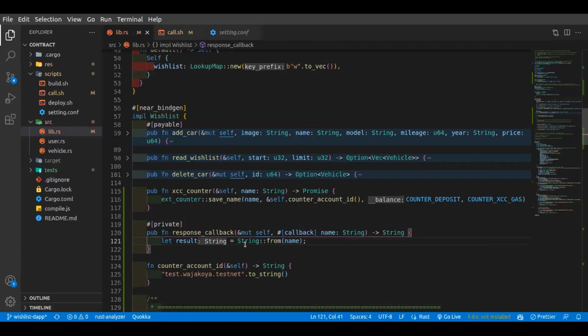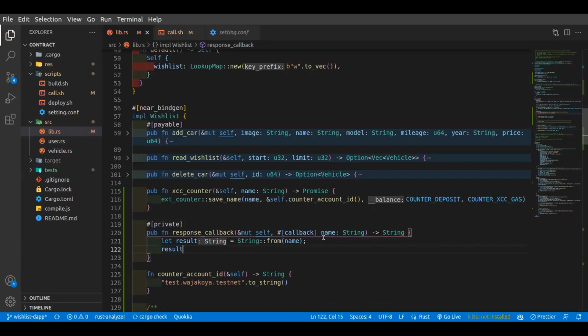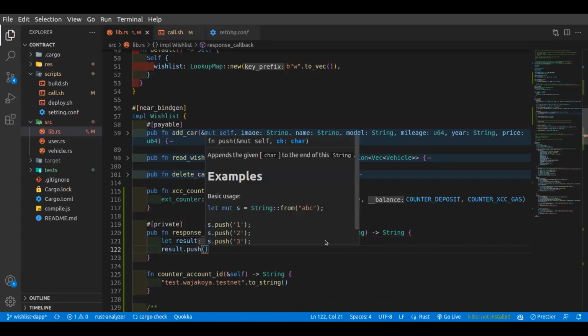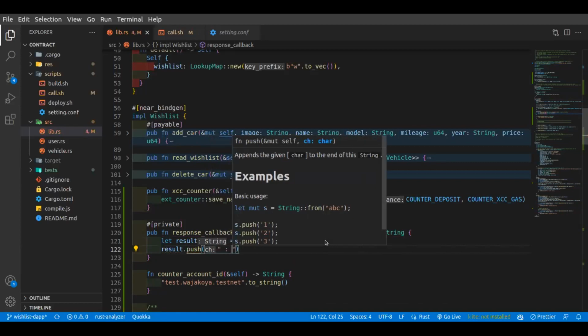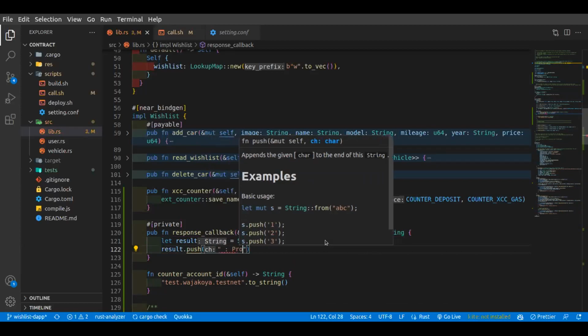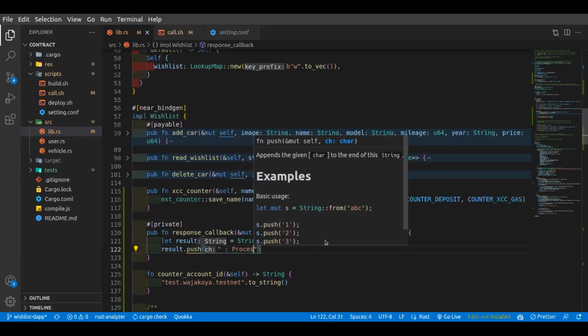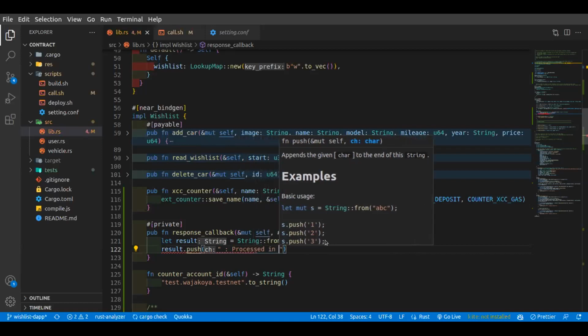That is the name that was returned to us after executing that. Then we're going to push another string to that, just to indicate that this was processed first within our smart contract before it was returned to us. Okay, so we're just going to put a space, and then indicate here that it was processed